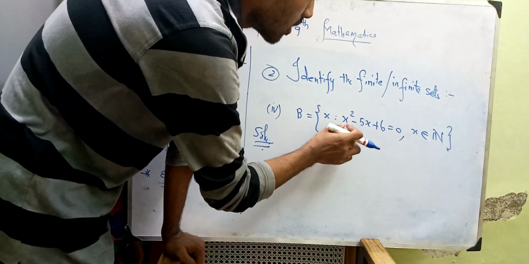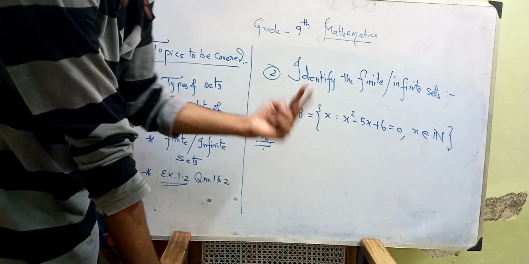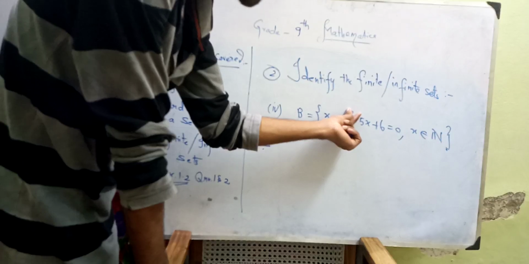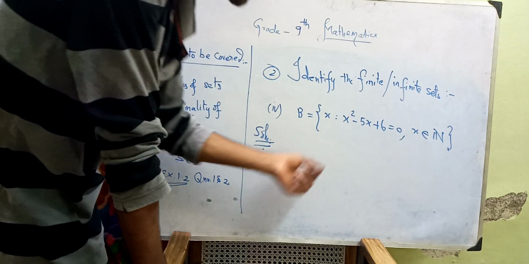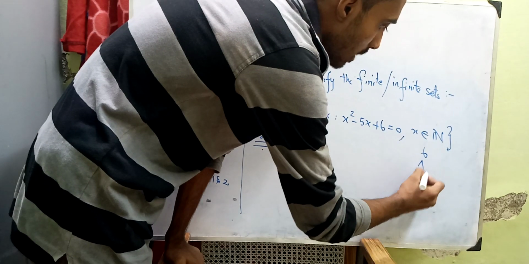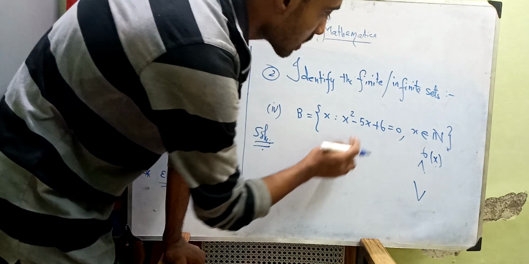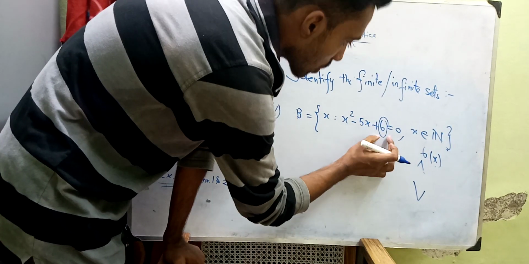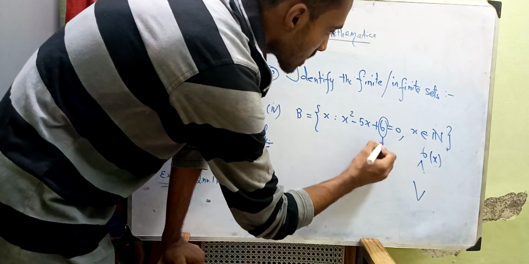Okay, this is a quadratic equation. We can factor this into 2 because it has power 2, right? We can factor it in 2 ways. If you multiply, you have to remember this technique. See, I'm going to take the last value, the product value. This is called the product.